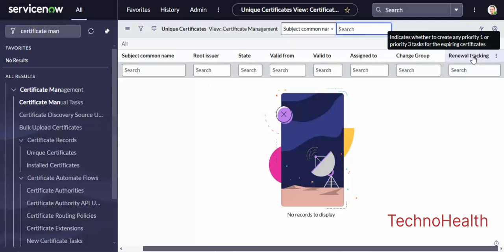Renewal tracking indicates whether to create any priority 1 or priority 3 task for expiring certificates. For example, I have a certificate and it is going to expire. Then this information has to be logged through an incident, for which we have done the setup in the discovery set properties. And this field will be having priority 1 or priority 3. That means during the incident creation for your certificate expiration, which I have defined as 60 days in the properties,